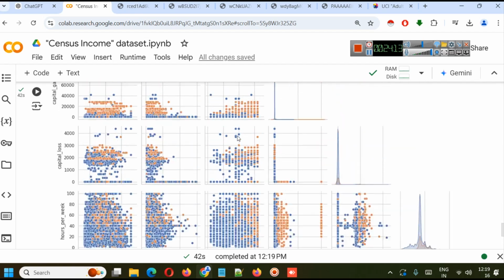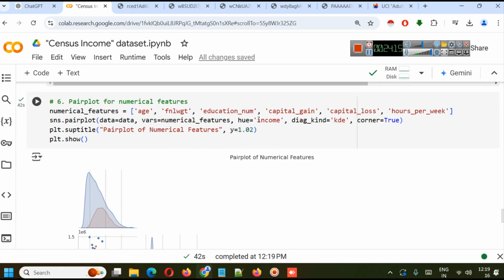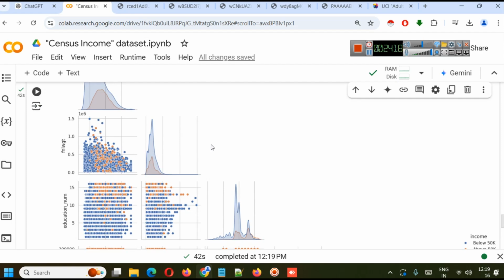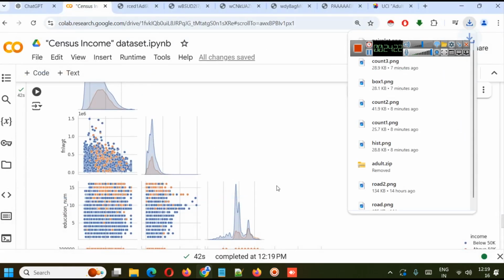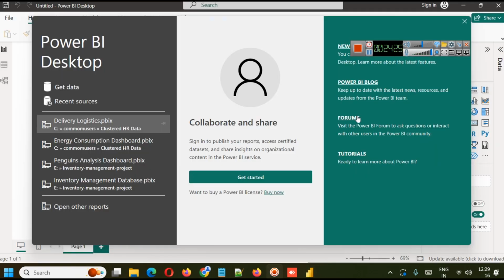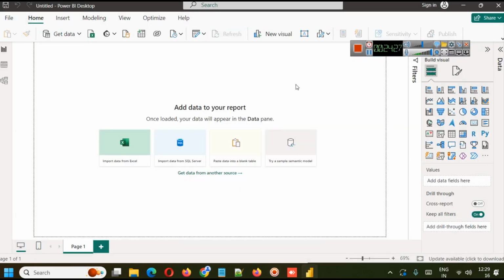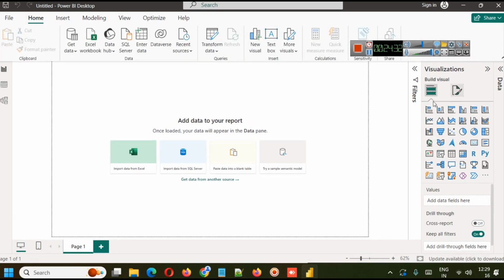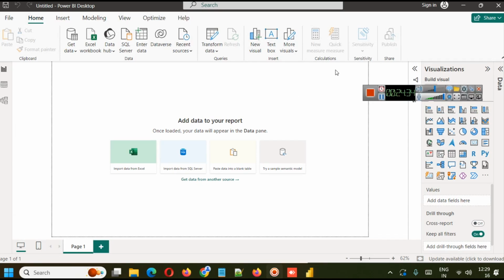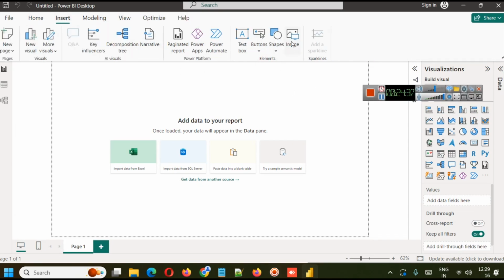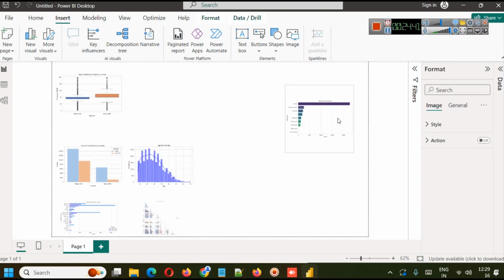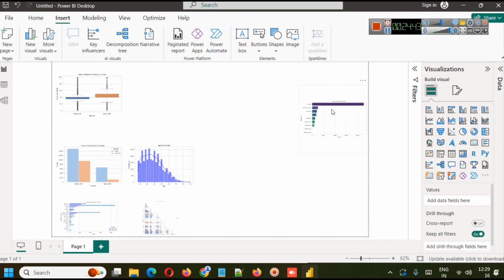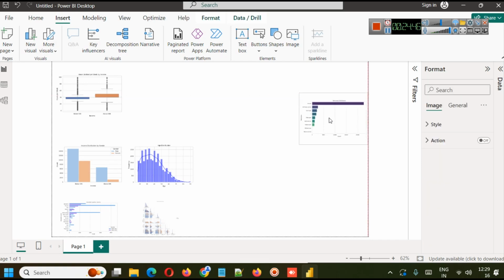So now I have not used any color palette. I'll prefer this, and this is the pair plot. Now we have all the plots. To create and arrange those images, I'm just using this. It's not necessary for you. You can simply import all the images here. You can go to insert, use image. So I will simply import them and arrange them